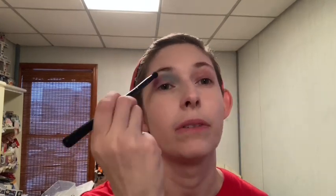So sorry. Then I'm going into my Bugs, just the lilac. And I'm going to put this on the outer half for the transition area. They're kind of blending together, which is what I want. However, do I feel like I could get a similar look with ColourPop? I could. Next, I'm taking my IBY crease brush, and I'm going to go into Shriek, which is this teal,